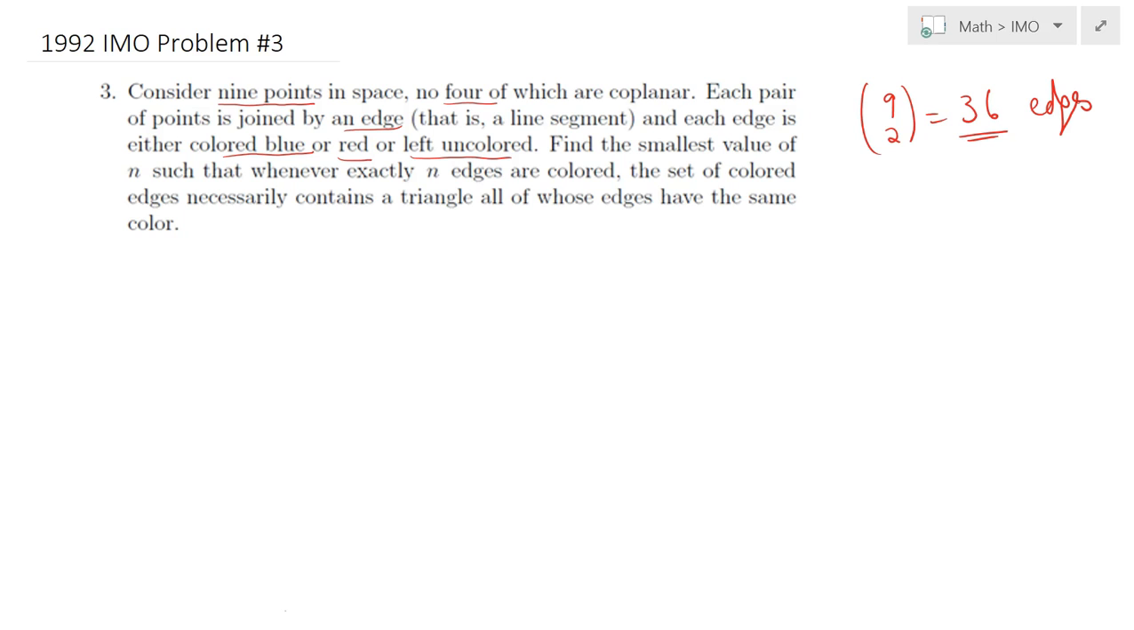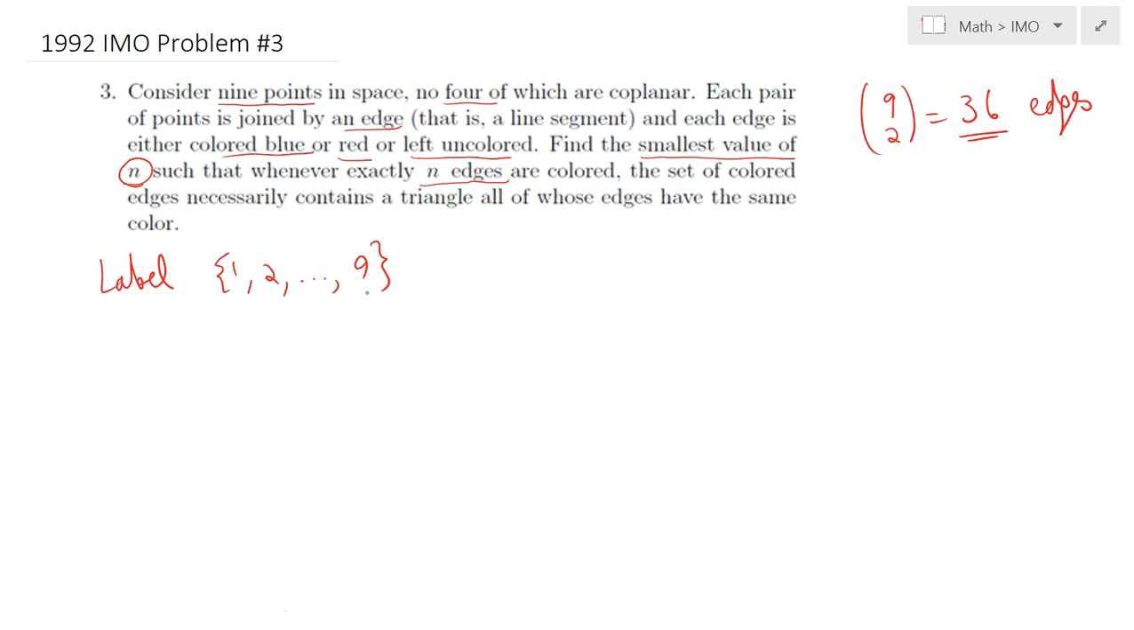Okay, and then we would like to find the smallest value of n such that whenever exactly n edges are colored, the set of colored edges necessarily contains a triangle, all of whose edges have the same color, and obviously either red or blue. So let's first label the 9 points as 1, 2, all the way to 9,